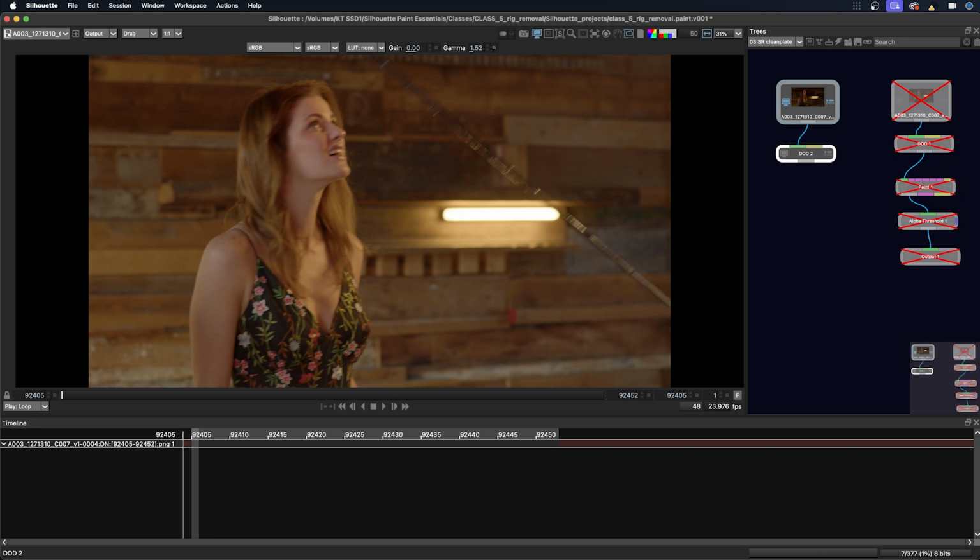So here we are in the screen right clean plate session, and I've made my viewer and the windows look a little bit different so we can see the area that we need to paint a little bit better, just to give us a little more room. So I have our source here, and I've added a domain of definition node, and this will allow us to make a larger canvas to paint with.